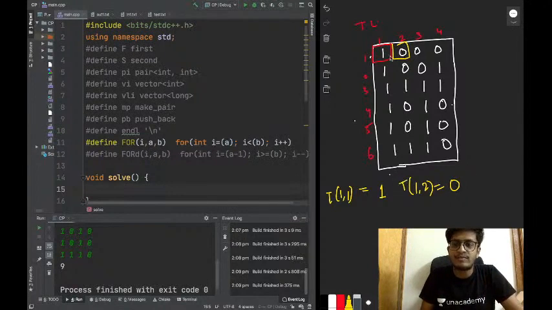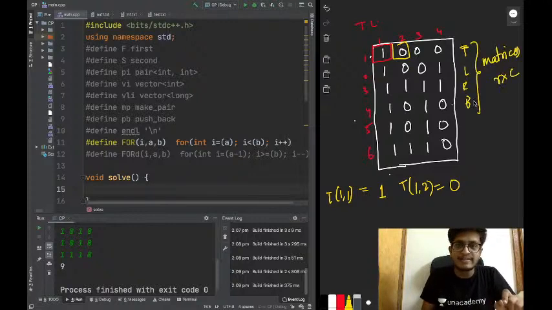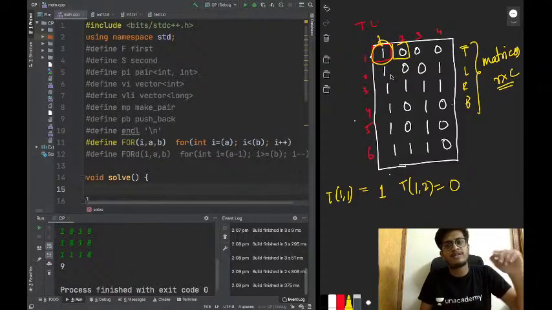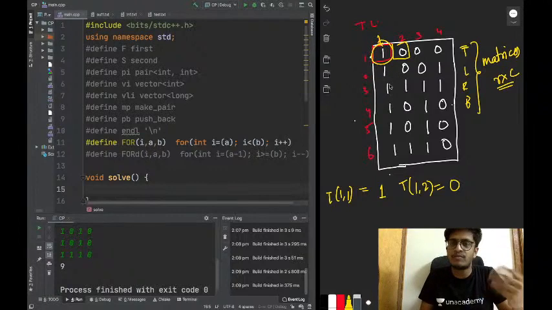So this is how we want to calculate the T values of all the cells, L values of all the cells, R values of all the cells, and B values of all the cells, right? So T, L, R, B, these four themselves will be matrices of the same size R by C. And each Tij will denote what we discussed yesterday: the number of contiguous ones in the top of (i, j), including (i, j). This is what we want to calculate, and we want to do it intelligently. We want to do one pass of the entire matrix, and we want to calculate the T, L, R and B values.